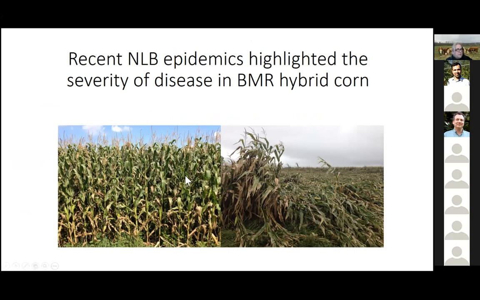Here's the same field about 1 or 2 weeks apart. And during the season, the northern leaf blight just torched up this plant. It was amazing. And there's a wind shear event a week or two later, and you know, there's massive stalk lodging. And brown midrib corn with the reduced lignin is already susceptible to stalk lodging, and you put northern leaf blight on top of it and it makes it even worse. And what this led to was an earlier harvest than normal because of all the senescence. And all the brown necrosis in this field is actually northern leaf blight.